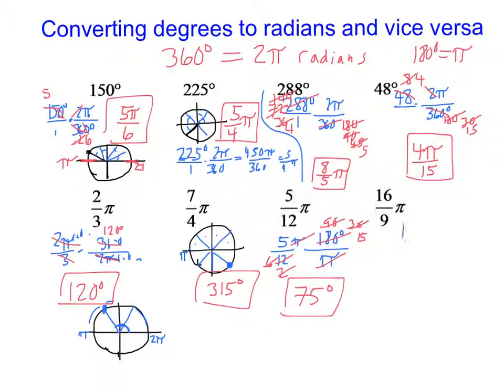Alright, last one over here, 16/9 pi. Now 1 pi is 180 degrees. We can cancel pi's out. 180 is divisible by 9, so that will leave me with 20. And now I got 16 times 20. Well, 16 times 10 is 160. Then I'm going to have to double that, so it looks like we're doing